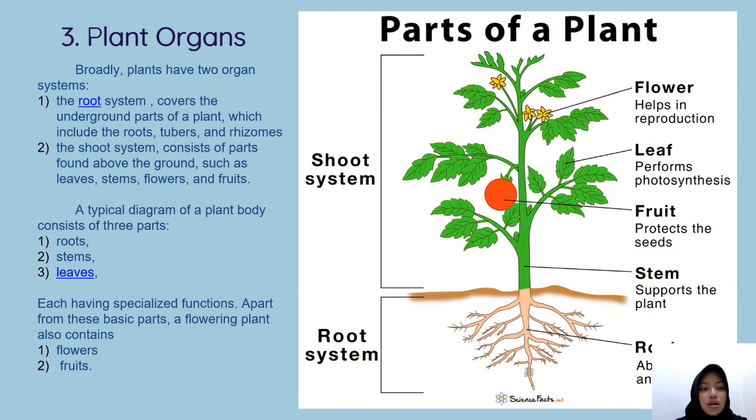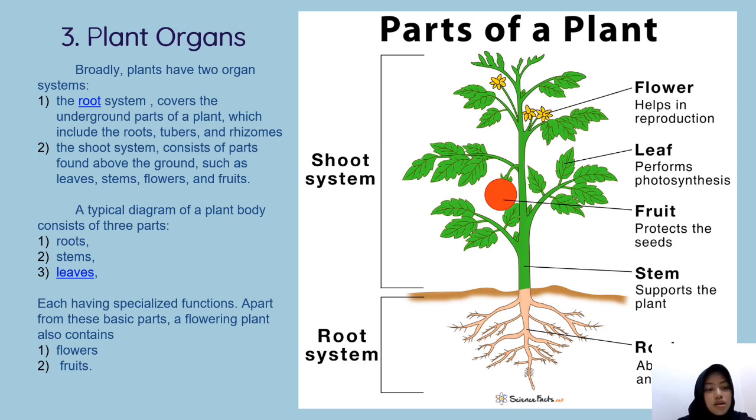And then third, this is a leaf. Leaves are mostly found above the ground and attached to the stem. A leaf consists of three main parts: one, the petiole, two, the leaf base, and three, the lamina or leaf blade. The functions are making food for the plant with the help of sunlight, carbon dioxide, and water through photosynthesis, helping in reproduction such as in Bryophyllum, and helping in evaporation from the aerial parts of the plant by transpiration.